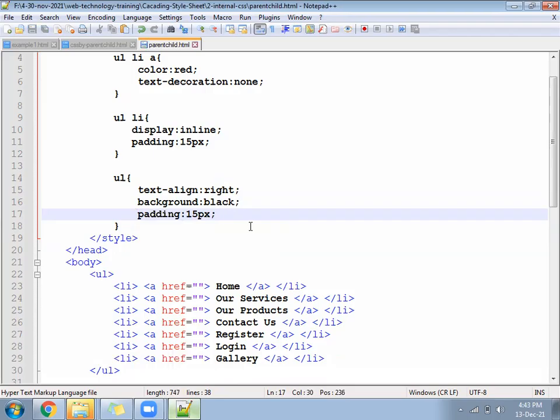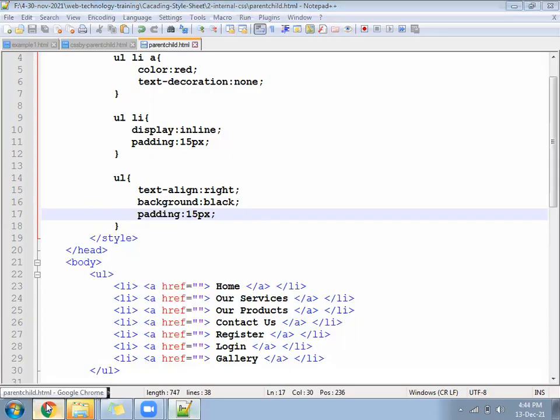Check now. Coming the right side and then color in which color?